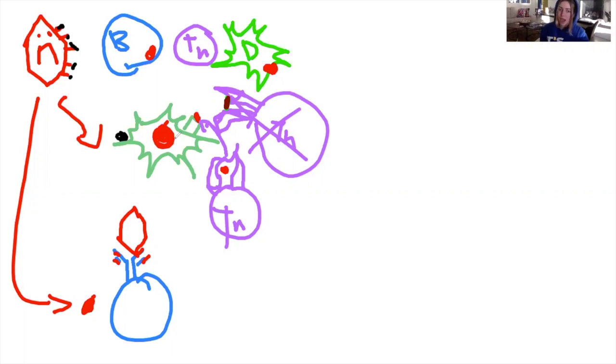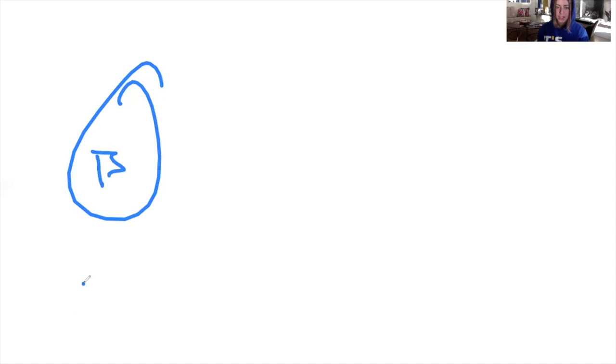So they have the power to make everybody asexually reproduce, just divide and conquer, and figure this out. What happens is the B cell, I'm just going to delete this because we need to make more space, but the B cell over here is going to split up into either a memory B cell,